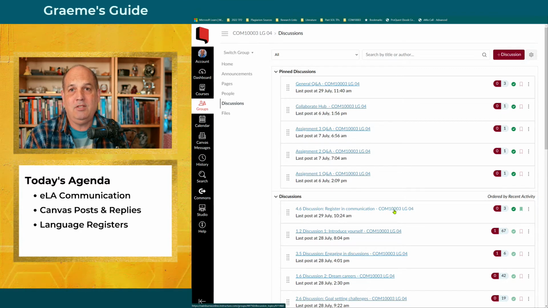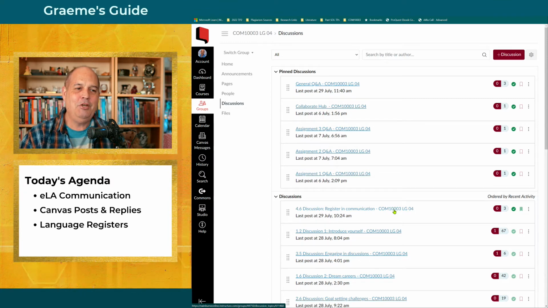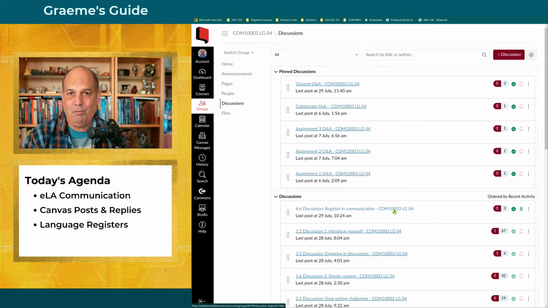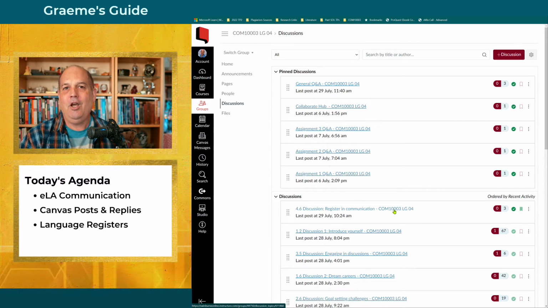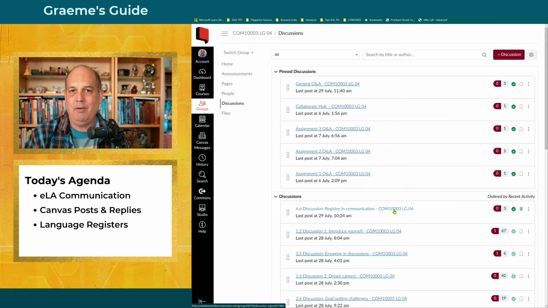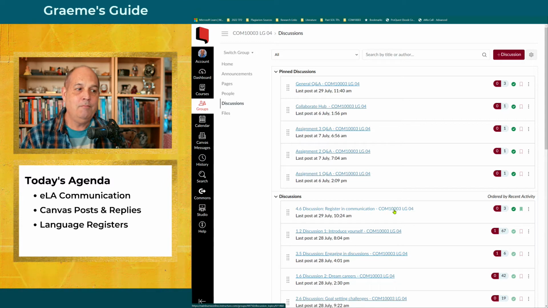That could be 5, 6, or 7 days a week. I will go in and check the discussion board posts somewhere before midday anyway. It might be as early as 6 o'clock if I'm up early in the morning. But generally I've looked at those discussion board posts before midday, and I've replied to any questions that you may have raised.